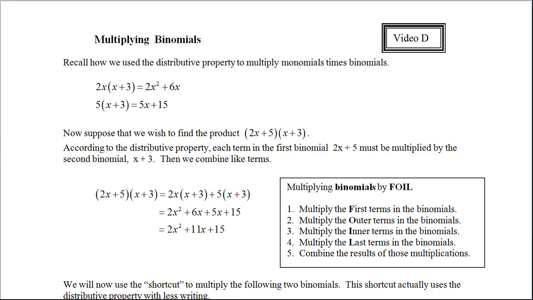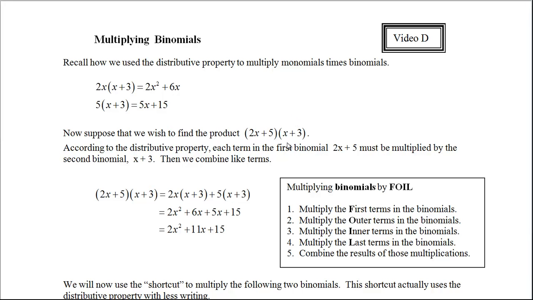Now we're going to look at multiplying binomials. Recall how we used the distributive property to multiply monomials times binomials. Remember, we had to take the monomial and multiply it through to all terms inside. Well, now suppose that we wish to find the product of this binomial, 2x plus 5, times the binomial x